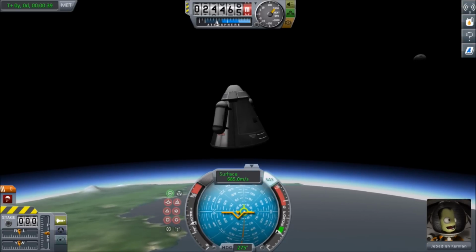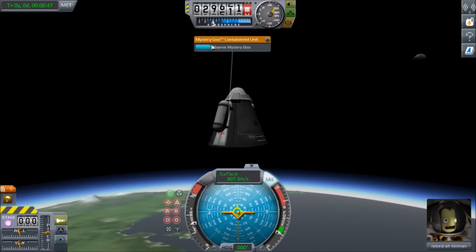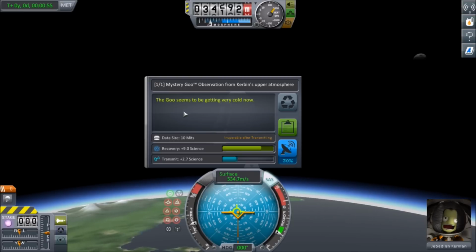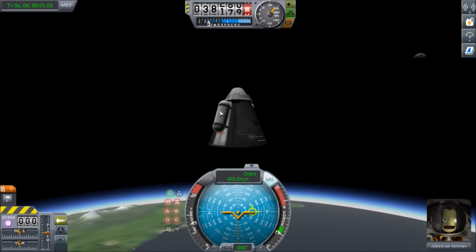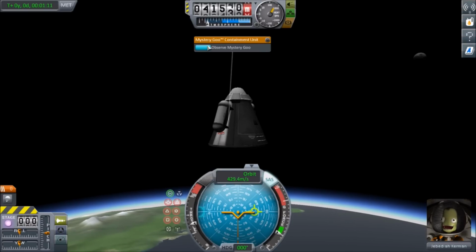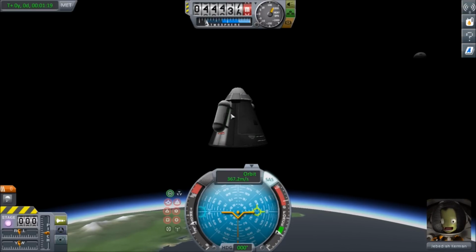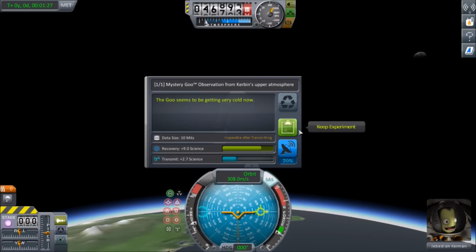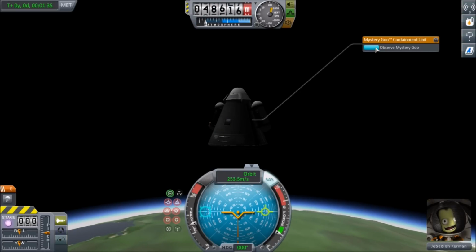And let's work with our science experiment. As soon as I activate the cursor, we'll observe the mystery goo. And upper atmosphere goo seems to be getting very cold now. We're at 10. Let's recycle that, because now we're going to be in orbit. Okay, well, let's do that then. Let's go ahead and keep that experiment. Might as well hit up this one too. It's not going to be worth as much, but